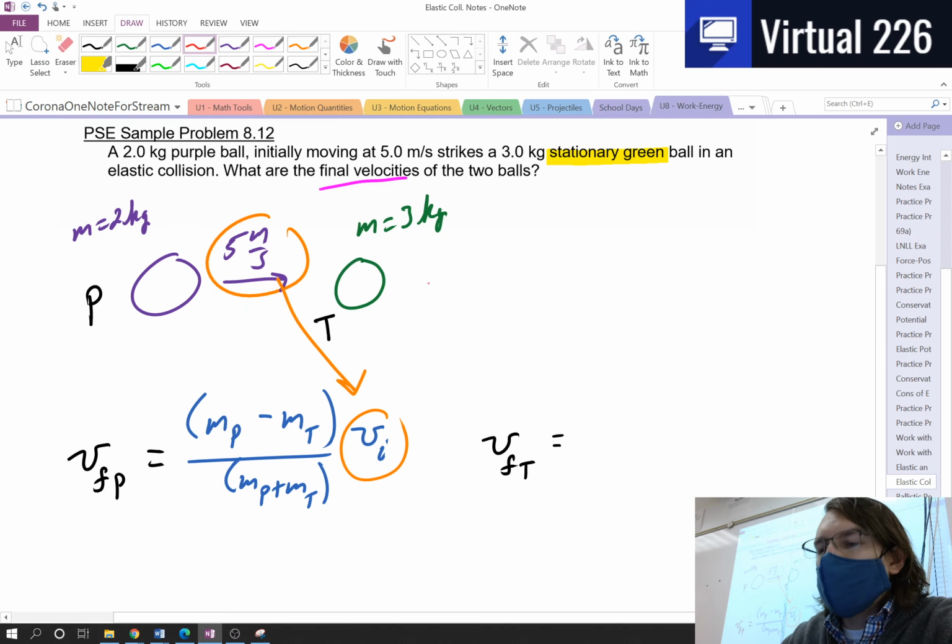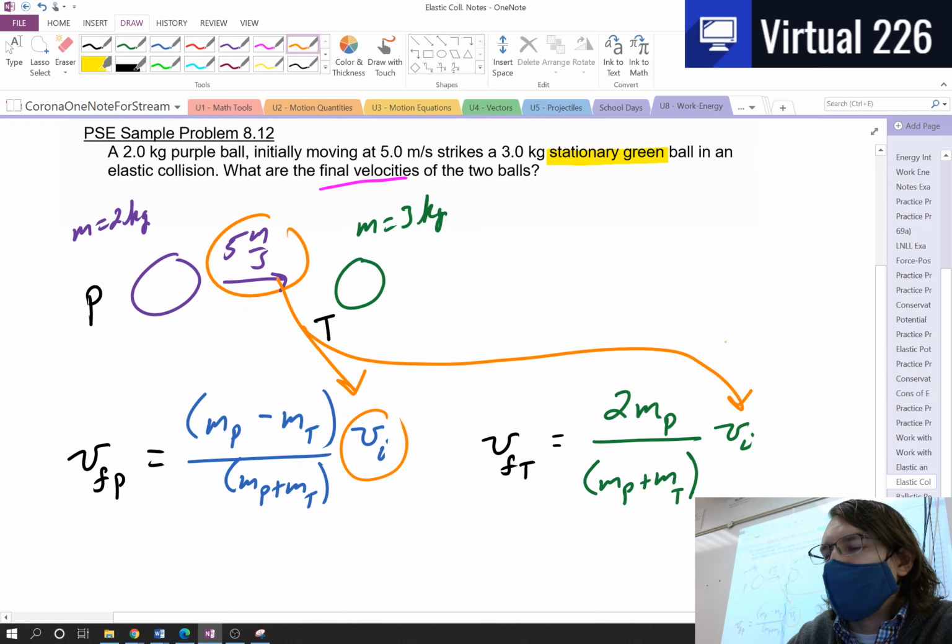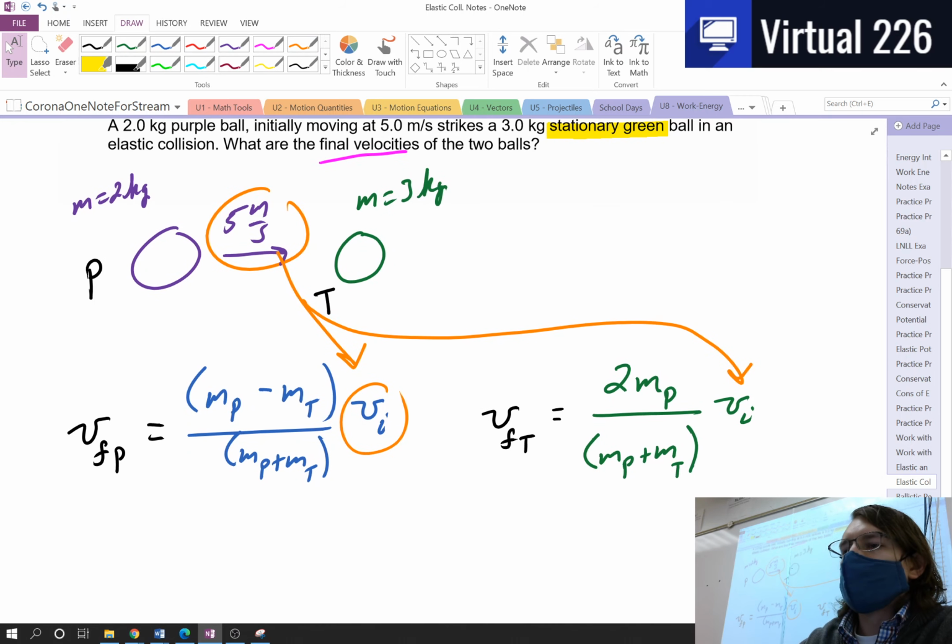For our target ball, the green one, what's its final velocity? Well, according to our equation, that is going to be twice the mass of the projectile divided by the mass of the projectile plus the mass of the target, multiplied by the initial velocity, where that initial velocity was the initial velocity of the only thing that was moving, the purple ball. So if we go ahead and use these equations, and these equations kind of came out of thin air for us,